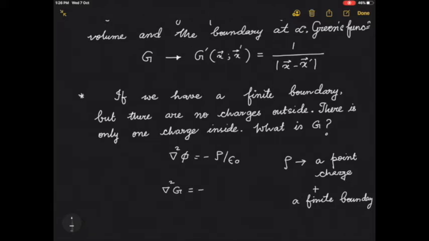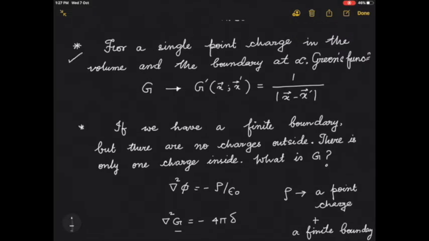This will be a solution of this equation, which is the equation for G. That's why I wrote G directly here instead of phi. The right hand side is a point charge. Well, there can be some scaling in the sense that the charge may not be just 4 pi epsilon naught, but something else. But let us choose that to be 4 pi epsilon naught. But then you see,